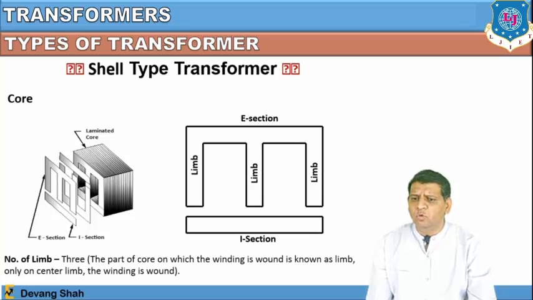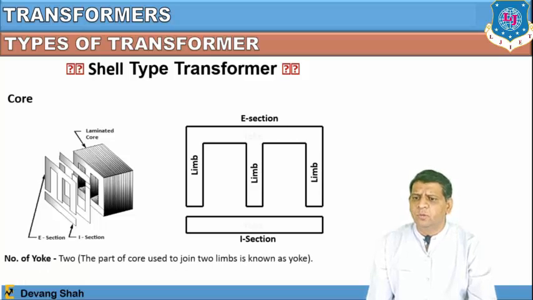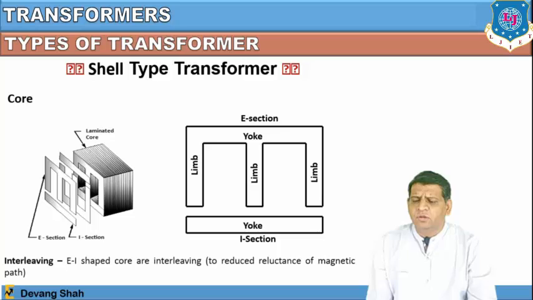The part of the core on which the winding is wound is known as the limb, and only on the central limb is the winding wound, right? So here the number of yokes is two. You can check here, and the core used to join the two limbs is known as the yoke, right? So here the E and I cores are interleaved to reduce the